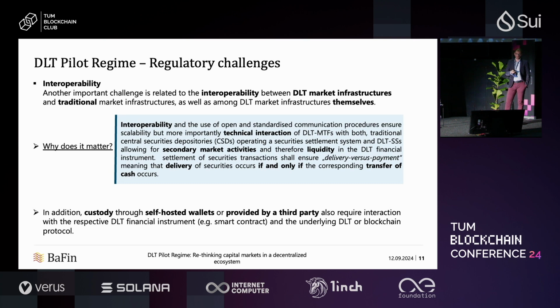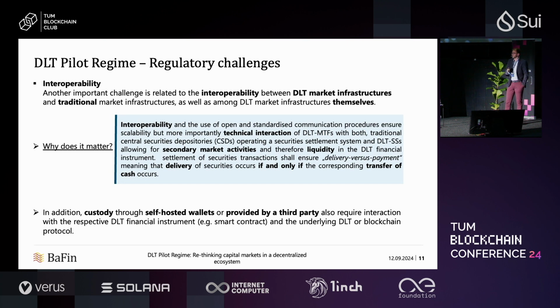It is of importance to ensure and provide solutions for interoperability among DLT-based market infrastructures and existing systems in the financial sector, but also in terms of DLT market infrastructures themselves, because there are a huge variety of DLT systems or blockchain protocols available, and here it is important to allow technical